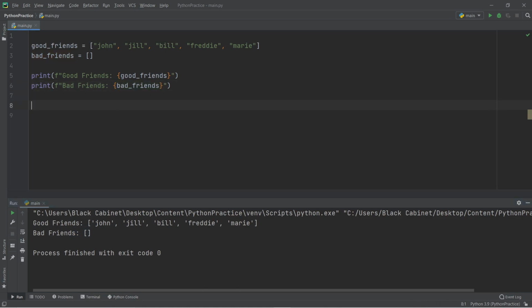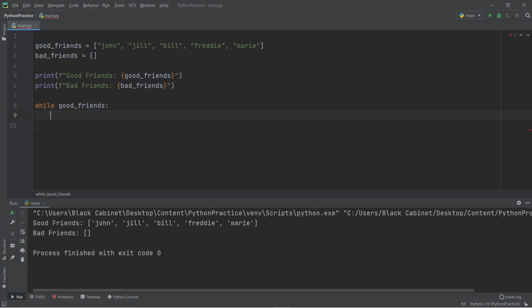So now what I'm going to do is run a while loop. Let me write it out and then explain. So while good friends is true. What that's saying is while there are names or values in here to go through, then carry on. When we put while good friends like this, it basically means while it's true, and when it's true, it means that it's holding values. This technically would be false because there's nothing in there; it's empty. So while good friends has values inside it, then we want to